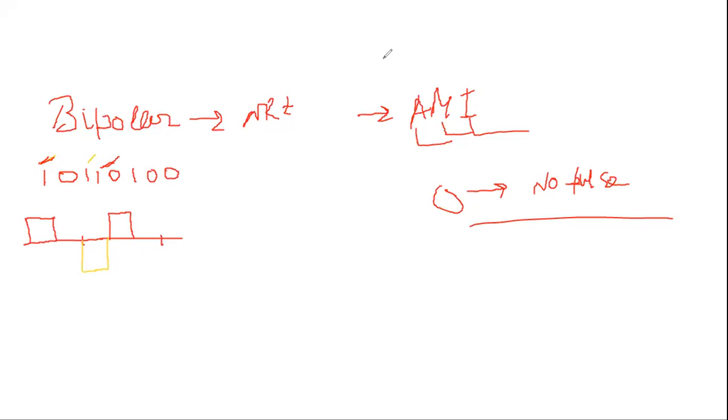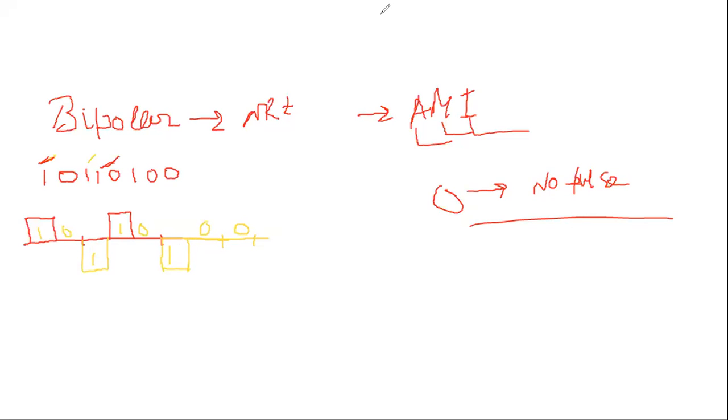Again we are having 1. So should that one be positive or negative? It should be negative, because the previous one was positive. So alternately positive and negative. Here we are having two zeros, so the first 0 and the second 0. This is the first one, this is the second one, this is the third one, this is the fourth one, and these are 0, where pulses are absent. If you have doubt, you can tell. This is the way of representing bipolar.